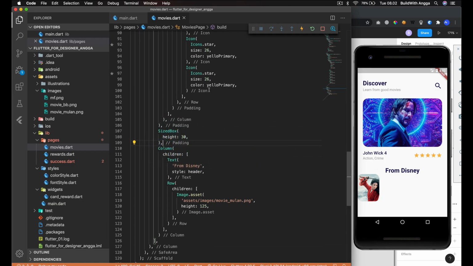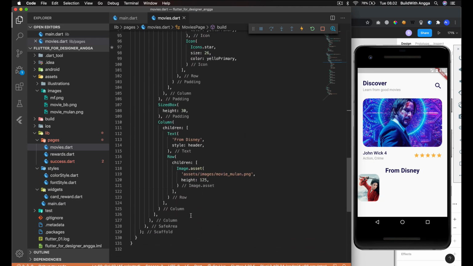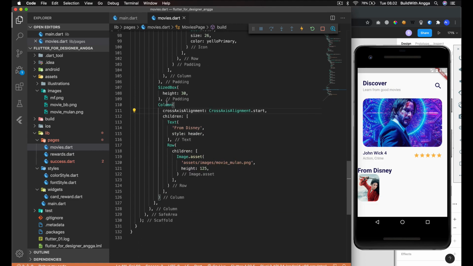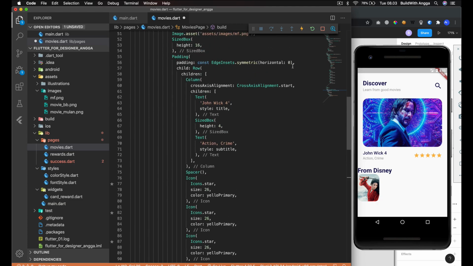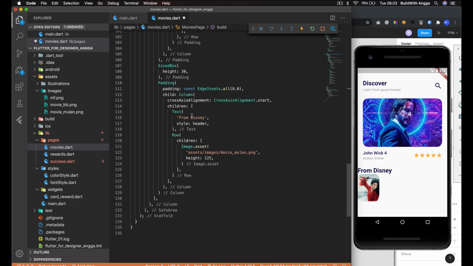Okay, and then we need this cross alignment, and we need to wrap with the padding, of course. This padding, just copy and then paste here.